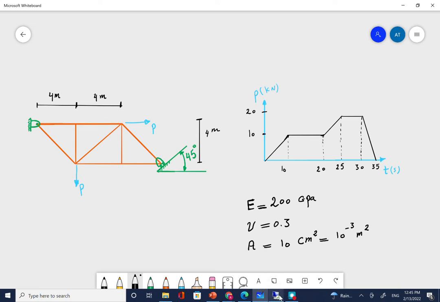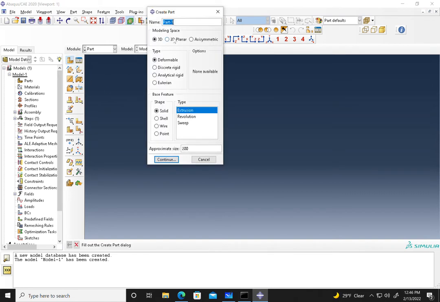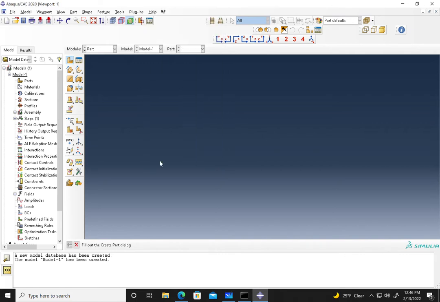So let's go to Abaqus now to model this truss. So we start by creating the geometry of the truss. It's a 2D part and wire. I'm going to use meter and Newton for the units of length and force. So approximate size here I use just 20. Continue,